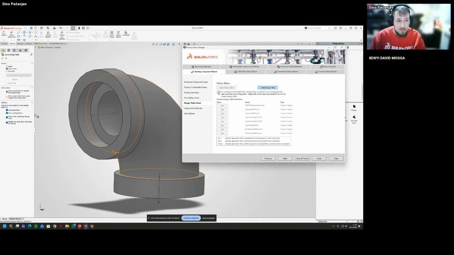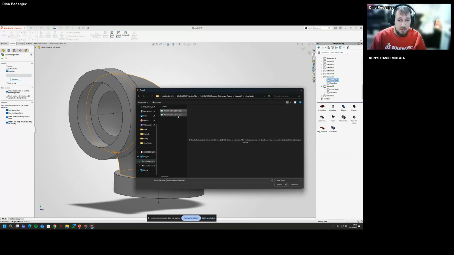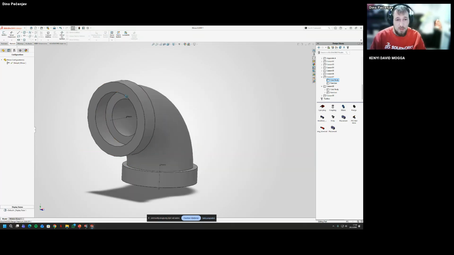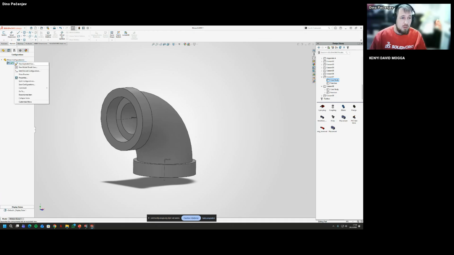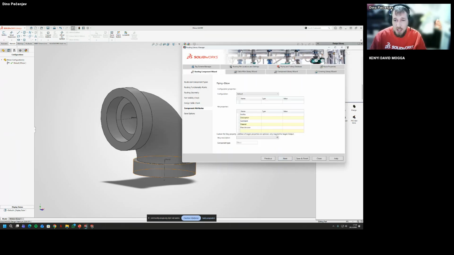I'm just going to start it again. I will not use link to file, but okay. I would need to add design tables manually, so that part stays the same. But let's say we're done and I want to test it.